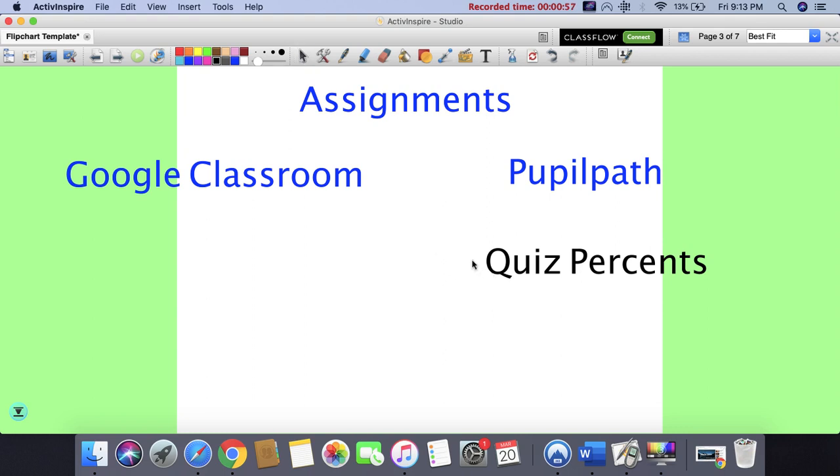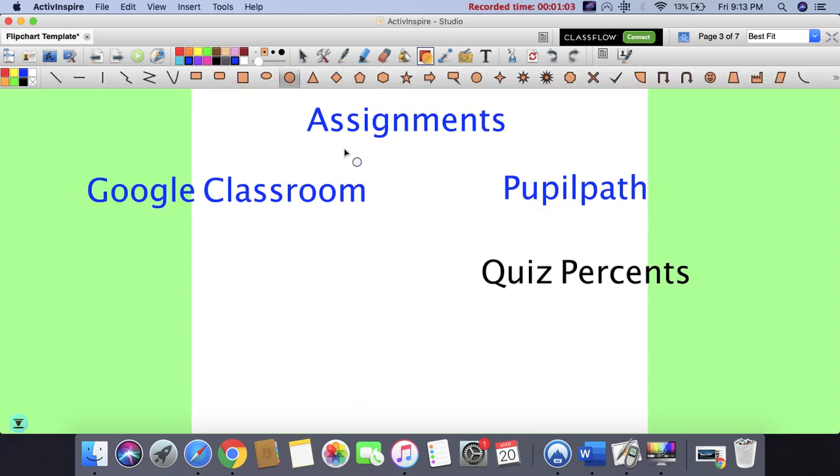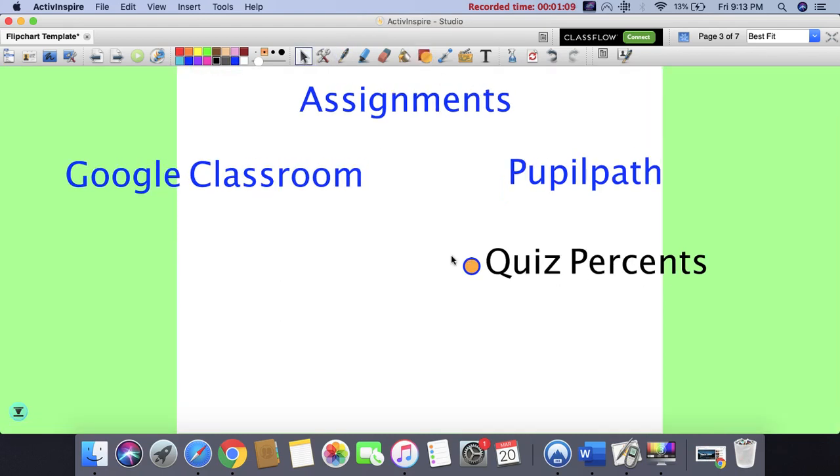So I think right here next to quiz and percent, there's a little circle over here. And let me just draw that. If I'm not mistaken, when you look on PupilPath, there's going to be a little circle. As you're moving your cursor, all I want you to do is click here, and if it doesn't work, click somewhere on the word quiz or the word percent. But I believe it's a circle. You click on that circle and a window will pop out,